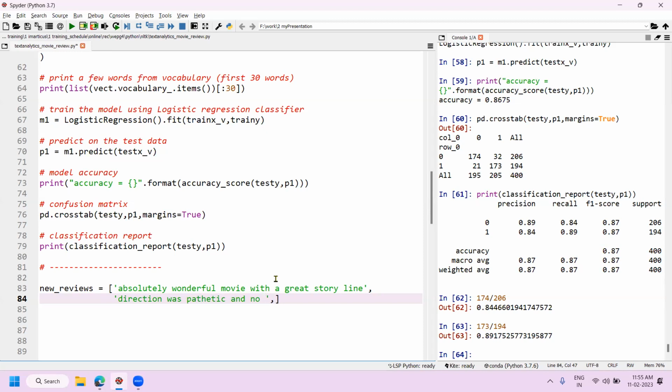Because it can go both ways: absolutely rubbish, absolutely wonderful. So how do you fix that problem? Tell me. "Absolutely wonderful" is good. "Absolutely rubbish" is bad. 2 n-grams, very good. 2 grams, not 2 n-grams. Okay, 2 gram. So this is how you have to use n-gramming, because the same word can represent two